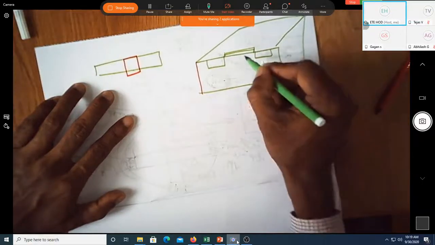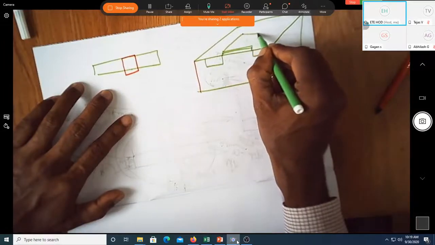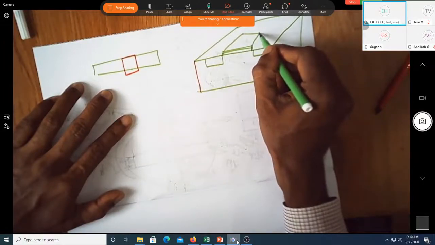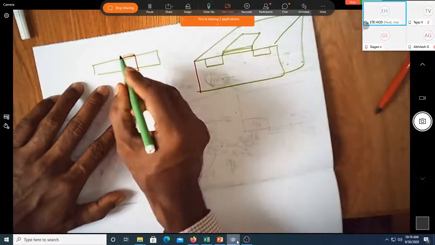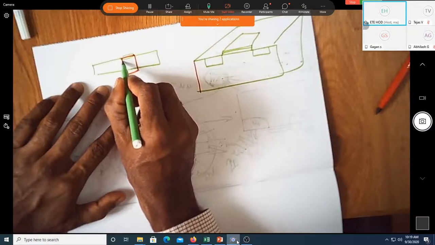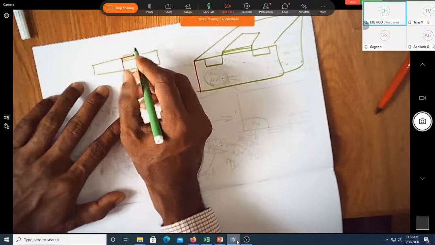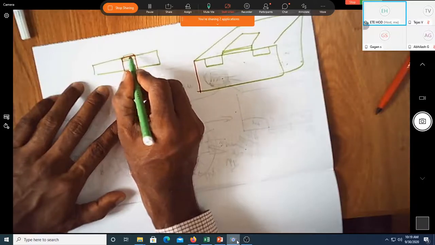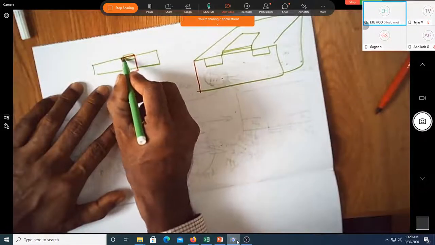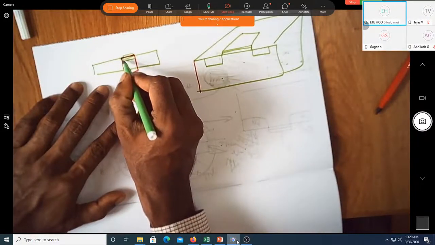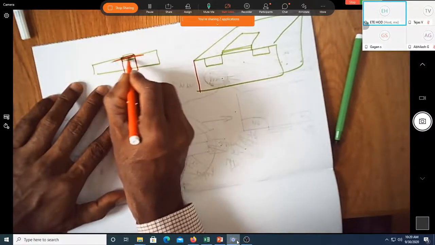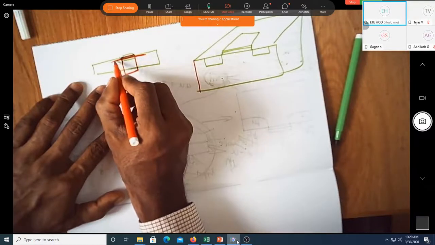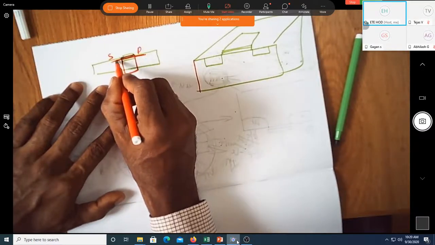This is the 3D view of it. Assume that it stops here. Suppose it exactly stops here. During the fabrication, it may not actually come down to this point. This may be the actual layout, but when you transfer it onto the wafer, it may not exactly come over there. It may slightly go below that. When it goes below that, can you see there is a connection from this to this using the wafer itself?